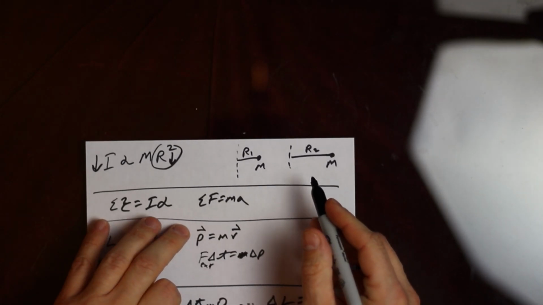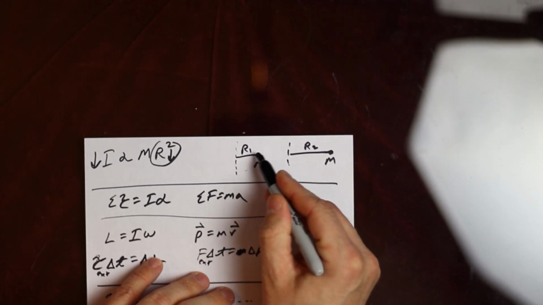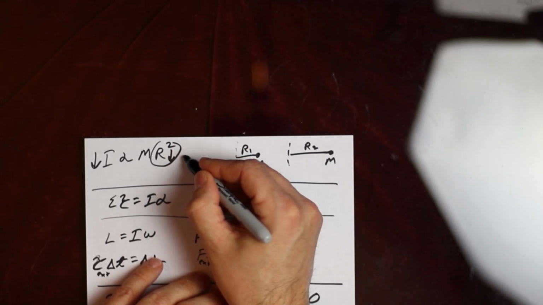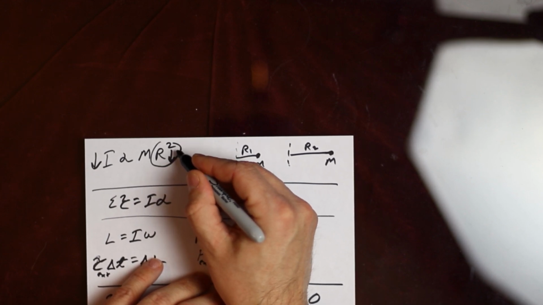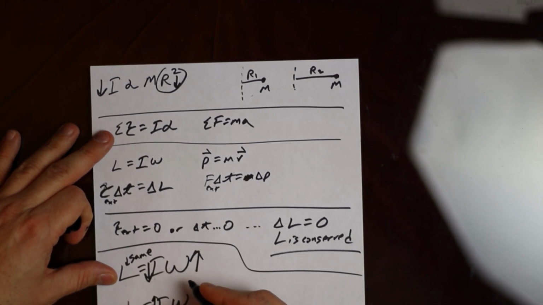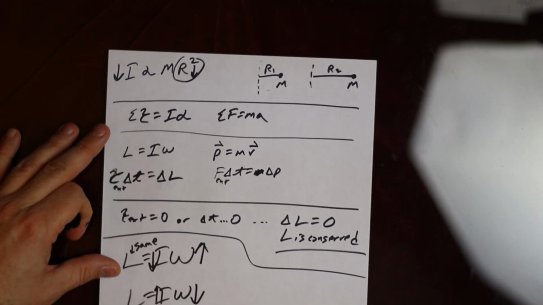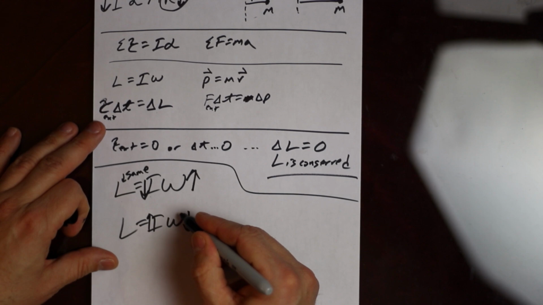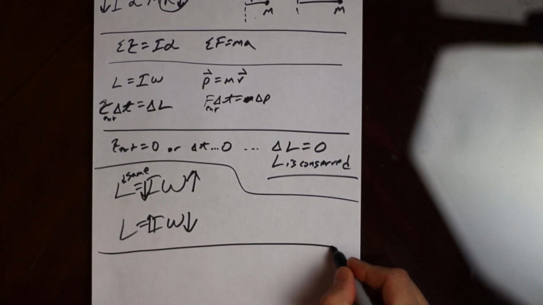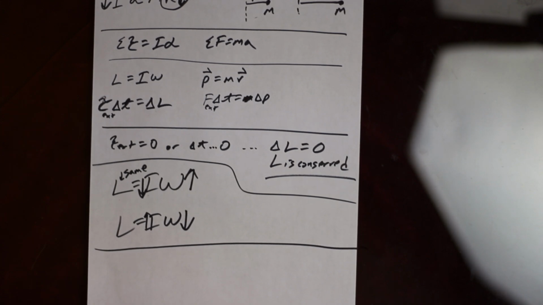So this time I had my arms and legs in close, so I looked like that. Threw them out, so my R would actually go up. This number would be going up, this would be staying the same, so my I would increase. My omega would have to go down. So my I goes up, my omega goes down. So that was a quick little review and application with